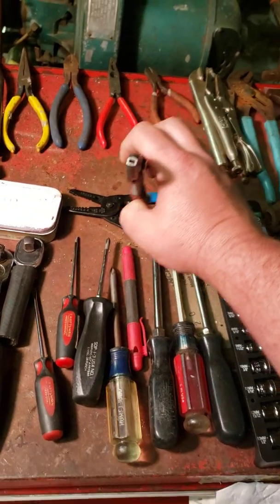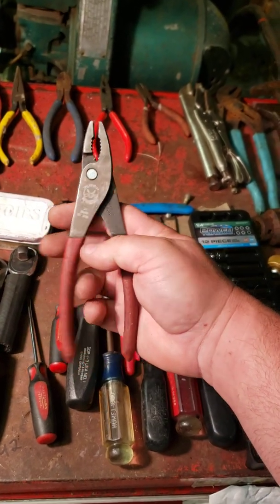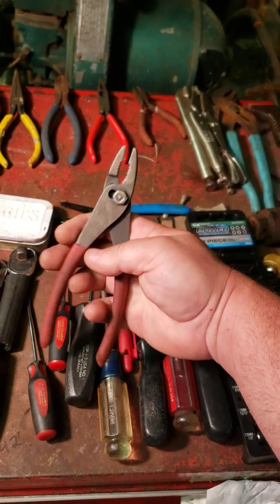And then if you're an aircraft mechanic, get these. These will save your butt. They're called Van pliers. $30. And trust me,